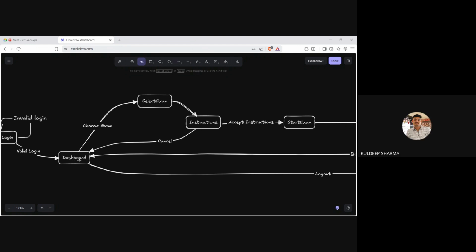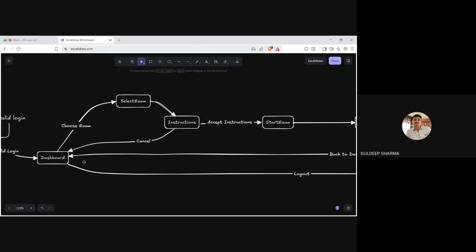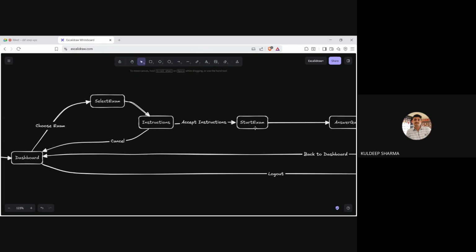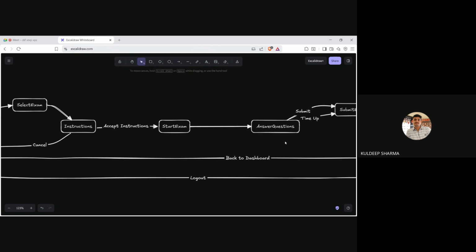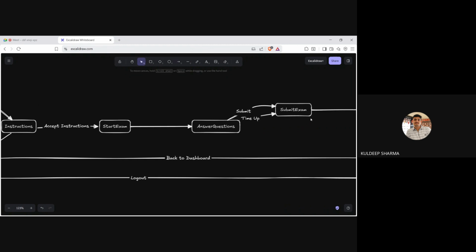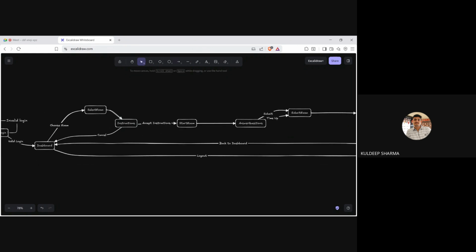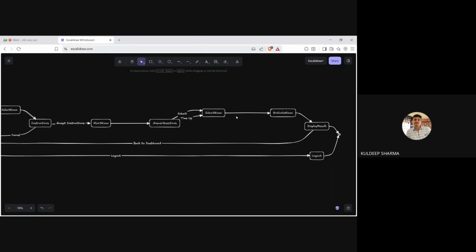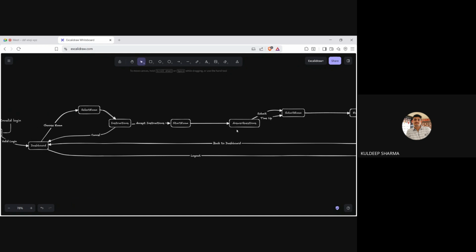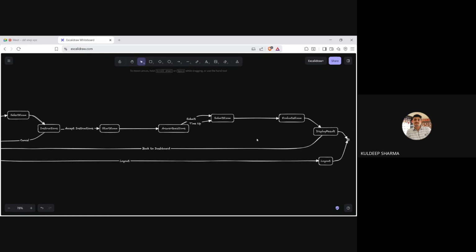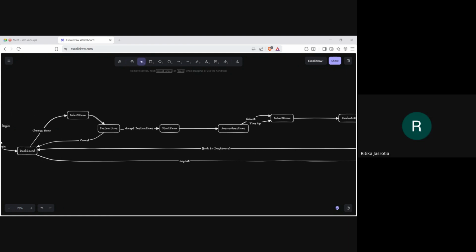If instructions are cancelled, again back to dashboard. Otherwise, it is start exam, answer questions, submit timer. Submit exam, then it goes to evaluate exam, display result, and end. After displaying, dashboard, you are doing log out. Yes, ma'am.